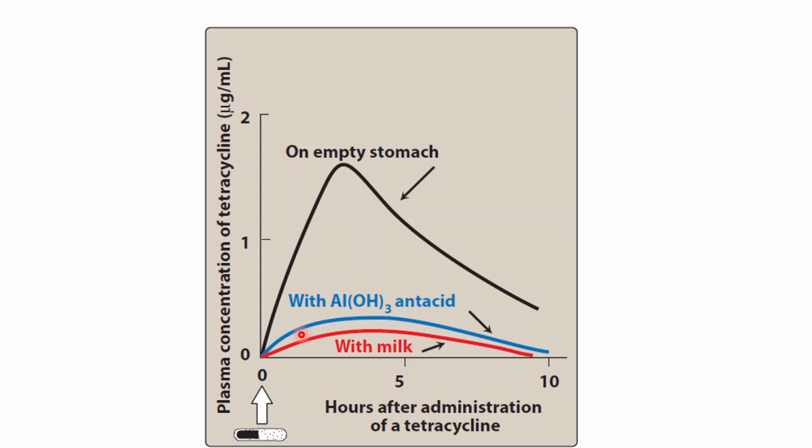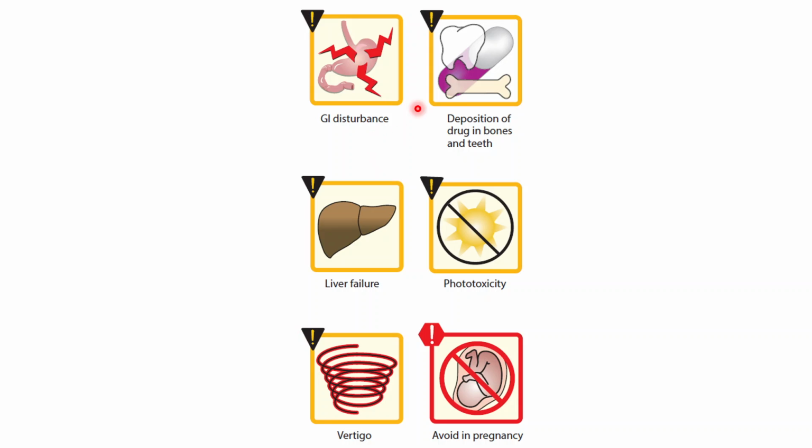Besides the GI disturbances, the tetracyclines are deposited in the bones and teeth. That is why they are contraindicated in children up to the age of 21. The tablets are contraindicated up to the age of 14. The ointments are contraindicated up to the age of 21. Then liver failure and phototoxicity are common. In case of phototoxicity, the antibiotic should be stopped because phototoxicity leads to burns of the skin, and those patients on tetracycline and doxycycline are recommended to use sunscreen and